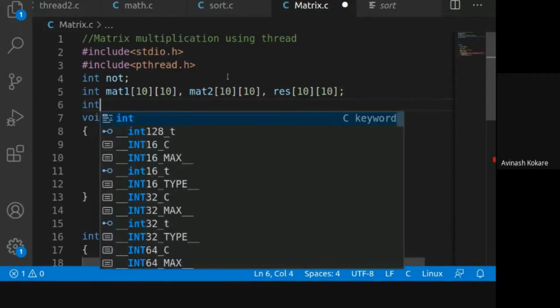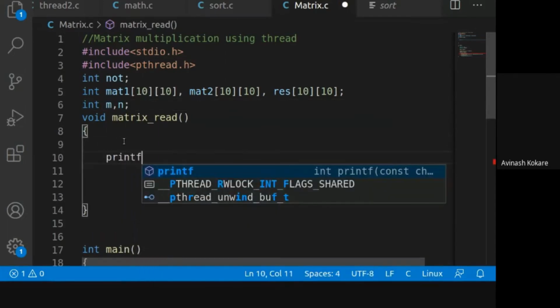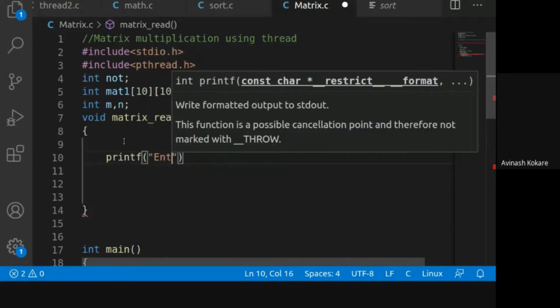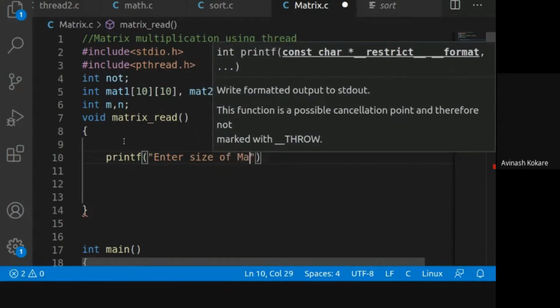Okay, along with this data, we will require the size of the matrix. That means number of rows and number of columns. We will call this as mn. So first data that we will ask the user to enter is printf. Enter size of matrix.